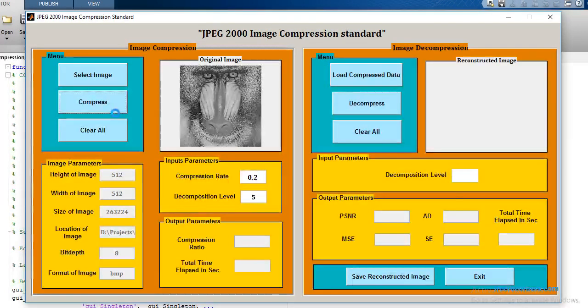It will take a few seconds for compression, and we have two output parameters here. First is compression ratio and second is total time elapsed in seconds. The compression ratio that I am getting here is equal to 39.97 and the total time required for compression is equal to 9.48 seconds.